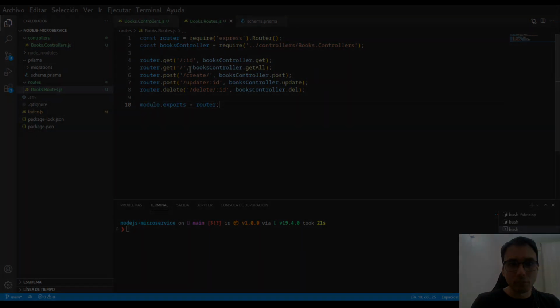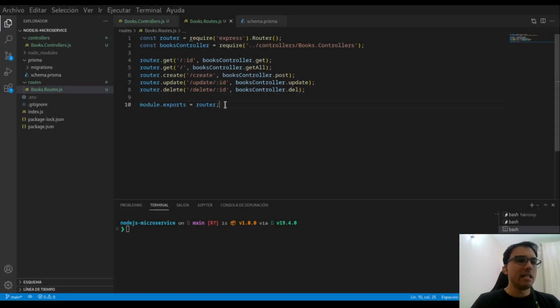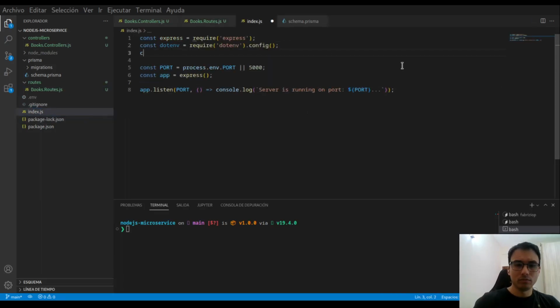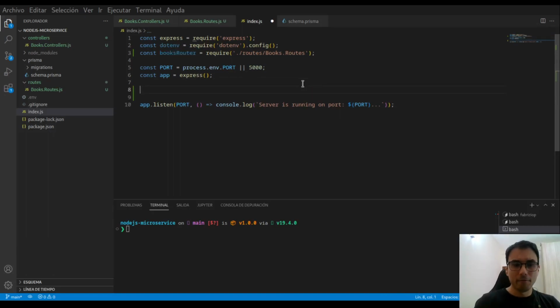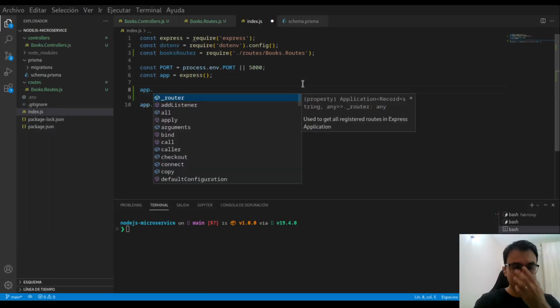And that's it. It's very simple. So finally, in order for this to work, I need to make the server aware of these routes. So I'm going to go into my index file, and I'm going to import the router. So books router require